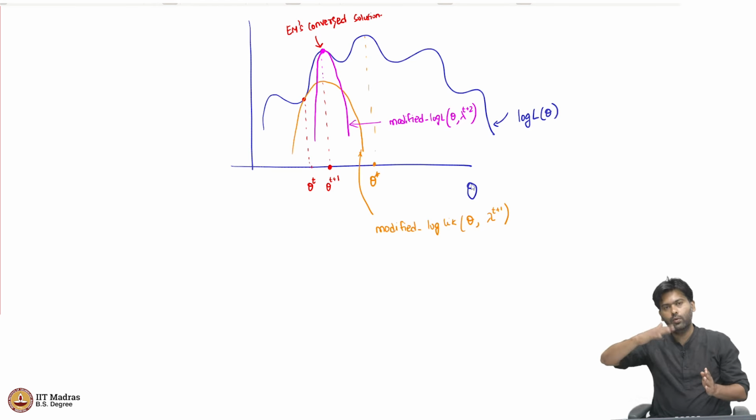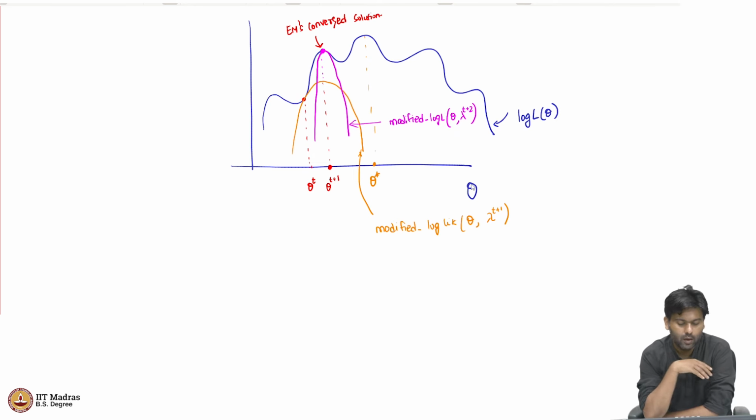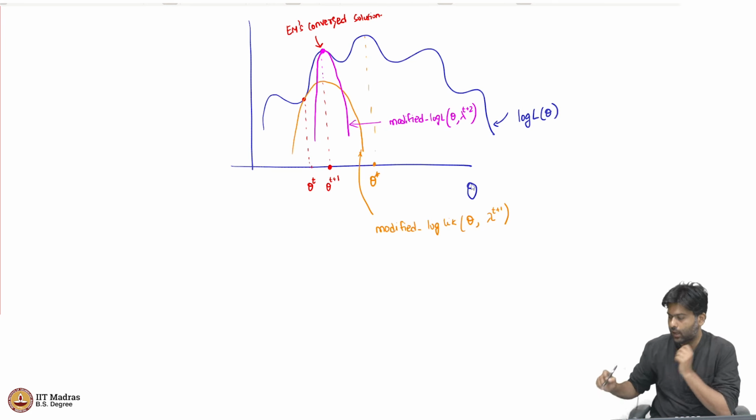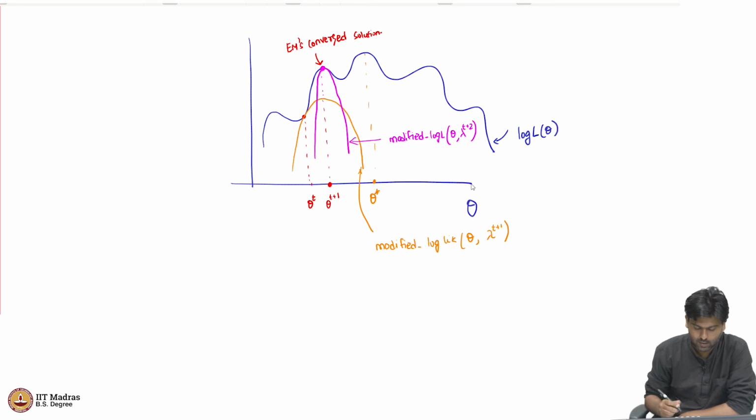Basically, you are trying to make better and better guesses in this complicated landscape. Now, in practice you typically will converge only to a local maxima of the original likelihood function. That is a guarantee that you can give, right? While you may not be able to maximize the original log likelihood function using the EM algorithm, in fact, you cannot do it with any known algorithm. What you can guarantee using the EM algorithm, and this is the conclusion with which we will end this discussion, is: